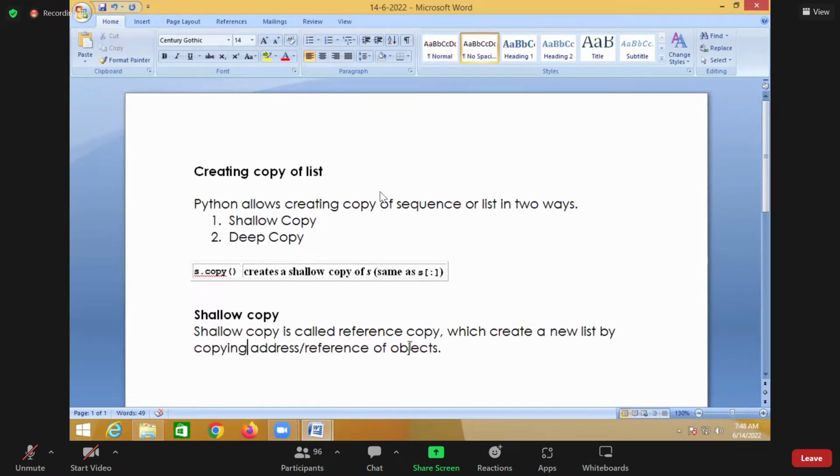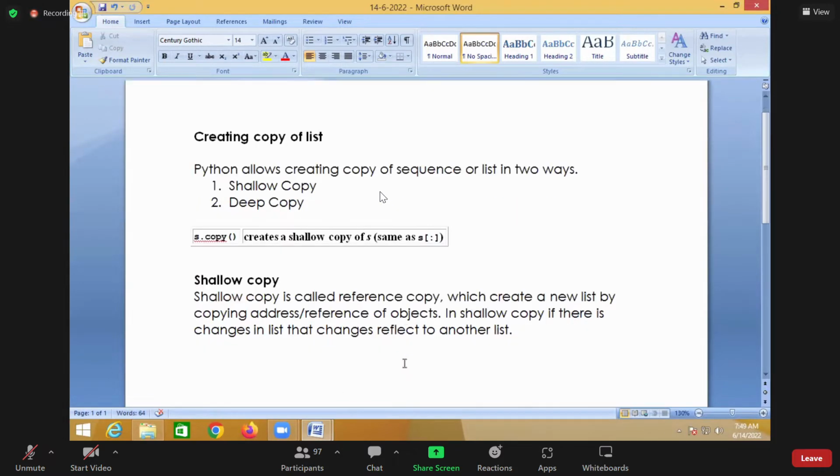Shallow copy is called a reference copy, which creates a new list by copying the address or reference of objects. In shallow copy, if there are changes in the list, those changes reflect to another list,